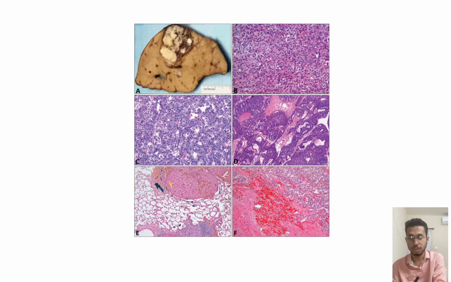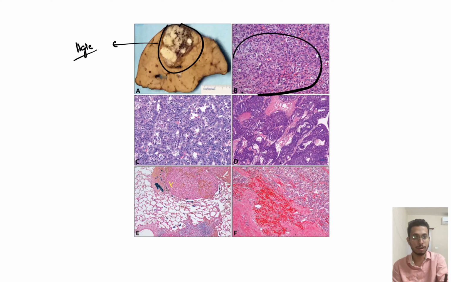Now next, this is a cut section. The first one is the gross image. In the gross image, you can see a partial resection of liver has been done with a grayish cut surface containing a hemorrhagic focus, alright. Now if you see this photomicrograph, it contains a lot of fetal cells, fetal origin cells, alright, and minimal mitotic activity is present. This is an embryonal type